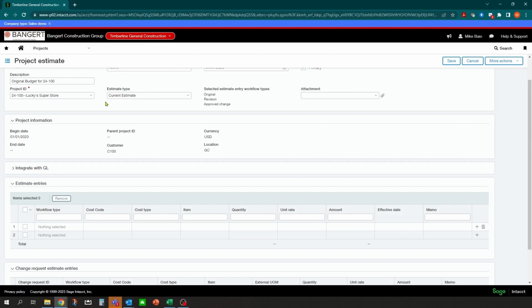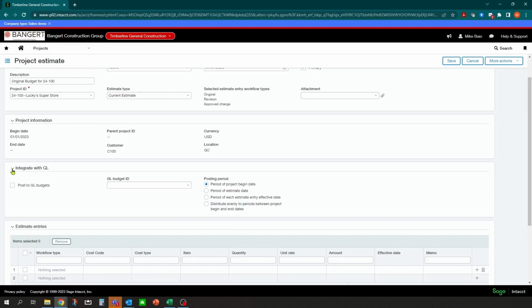One of the other great features of the project estimate here is it can integrate with the general ledger. What's nice here is we'll have the ability to post the budgets over to the GL, and we can also define what's called a general ledger budget ID. In this scenario, we have two set up. We have one for primary project and one for forecasting, which we'll get into later on. What happens now is we get these budgets over to the financials area. We can run full job cost reporting directly there, and I'll show you some samples of that in a few more steps.